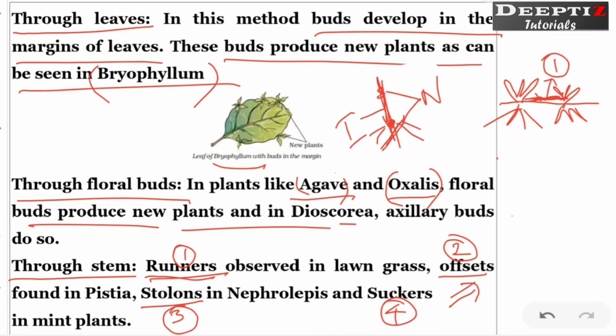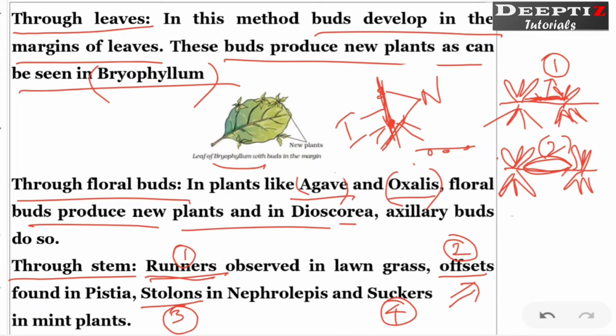So what are runners? These are horizontal stems. Horizontal stem means it goes this way and has multiple nodes and internodes, and these nodes can even grow roots and a new plant will grow there. Second one is offset. Offsets are nothing but aquatic runners. Suppose this is the water level, and this is one of the aquatic plants. Aquatic plants have roots and stem, everything swollen, right? So from here a horizontal one is growing, but it is a form of swollen stem. From here a new branch will be growing. So this is the second one, that is offset.